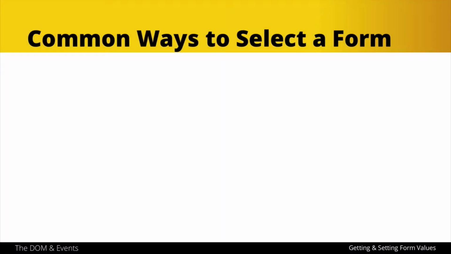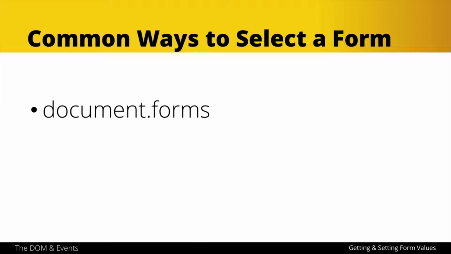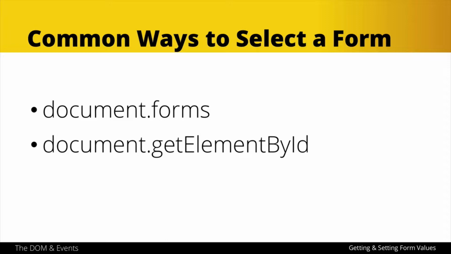The first thing to know is that we have a few different ways of selecting forms on a page using JavaScript in the DOM. The first, although not the most common, is to use document.forms. This will return an array of all of the forms on the page. More commonly, if you have an ID of your form, you could use